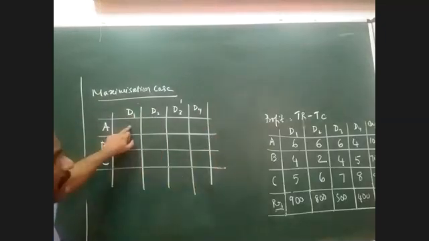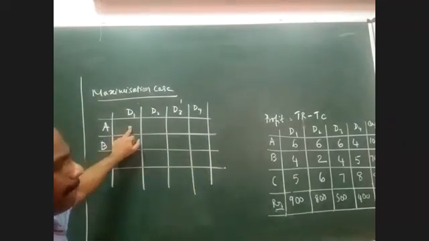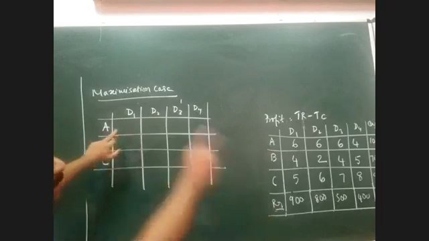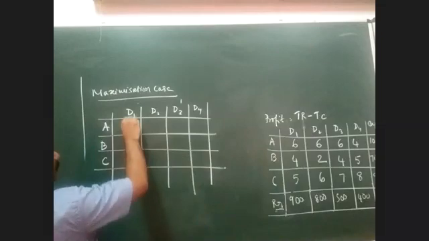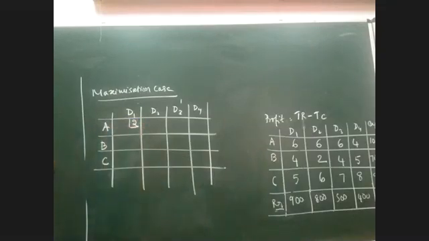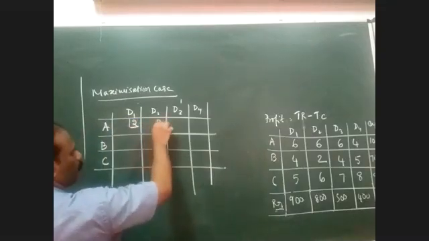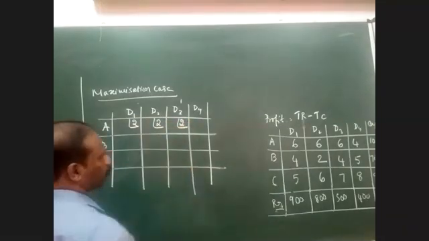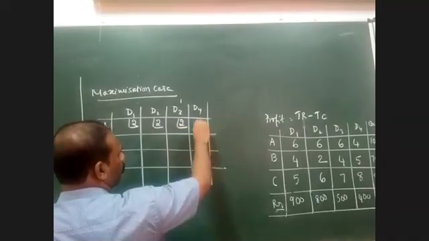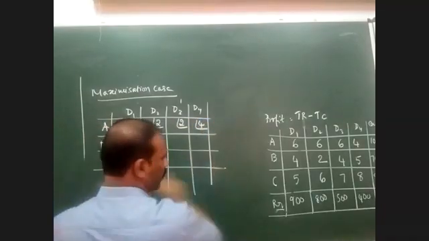Can you please tell me what is the first value now? 2. 2, because 8 minus 6 from the highest value, individual value should be subtracted. So the first value is 2. Good. Second value? 2. Very good. Third value? 2. Very good. And fourth value? 4. 4, very good. Here the demand and supply will not change anywhere.